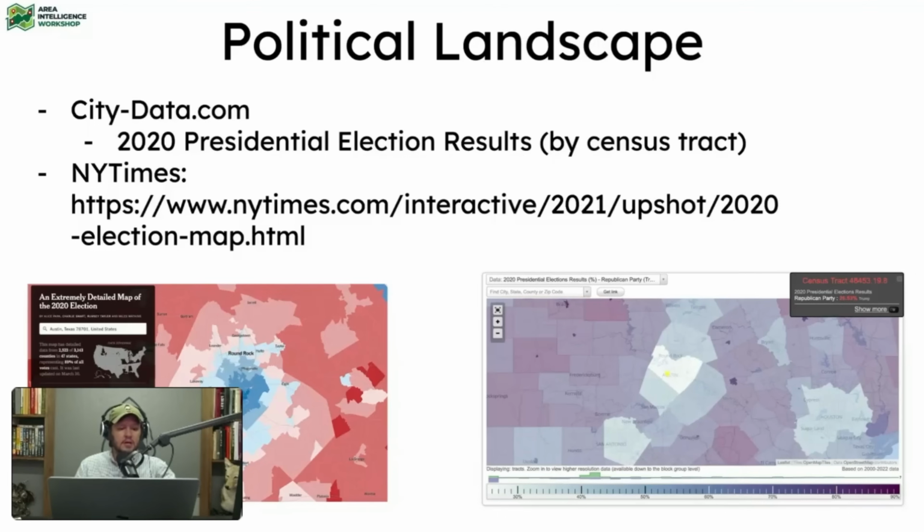There's another website, the New York Times. If you go to the 2020 election map, if you just Google it, it's the top search result. And you'll find an extremely detailed map of the 2020 election. So I just dropped in my zip code, and all right, here's Austin. Used to be a lot redder. And now even the blue is expanding out into Williamson County, and this whole San Antonio to Austin corridor is turning blue. Those are just two things, just to get a basic overlay of my county.